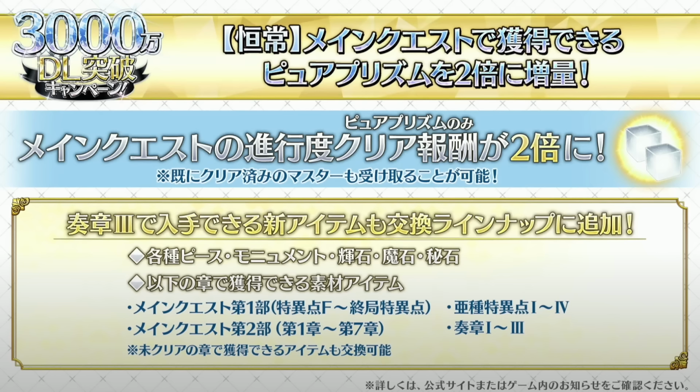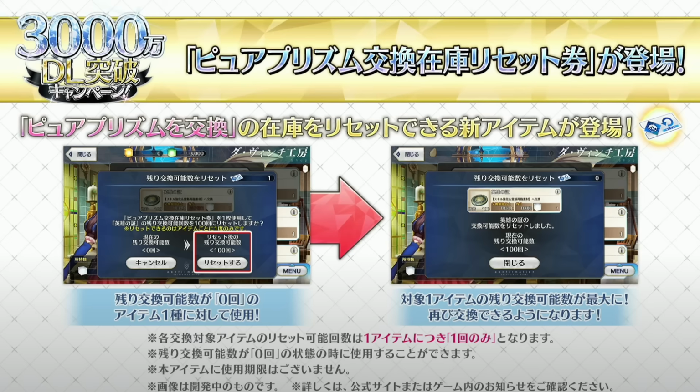And those are really exclusive. You can only get them from doing Blanked Earth quests, so a lot of people might be wanting them, especially with potentially more servants in the future and needing them as well. With this change, they also are adding a specific item that will allow you to refresh 1 material in your Pure Prism shop. And yes, this sounds very much like drip feeding instead of just refreshing the entire shop,